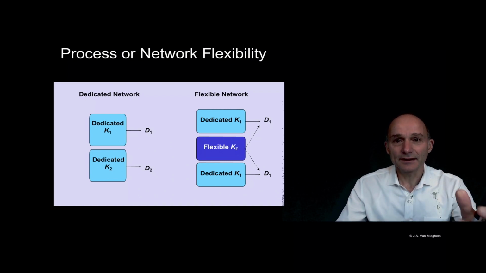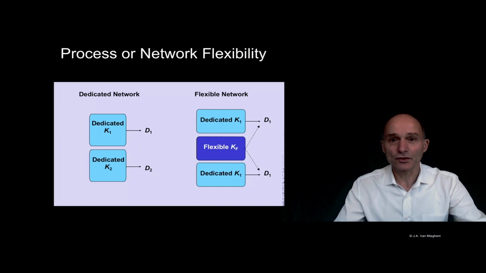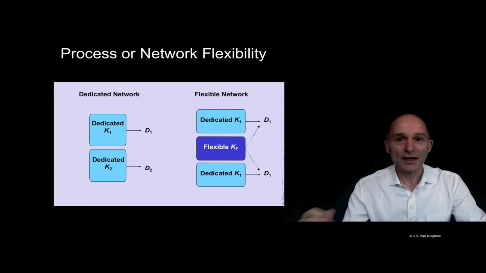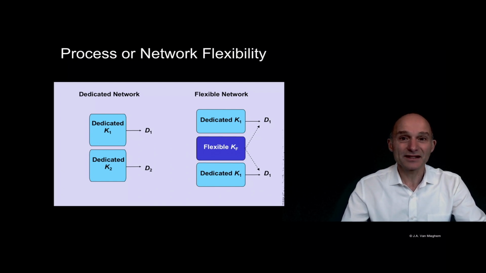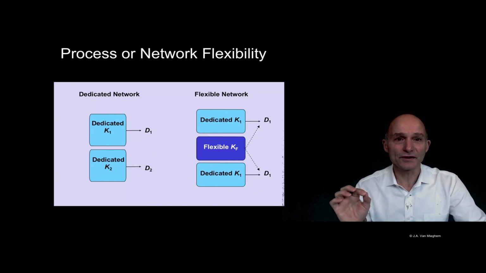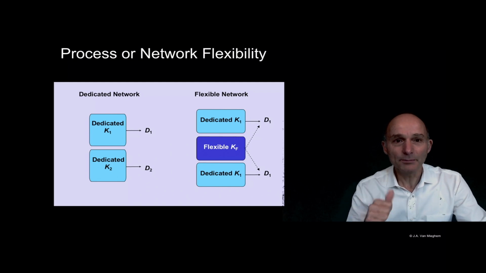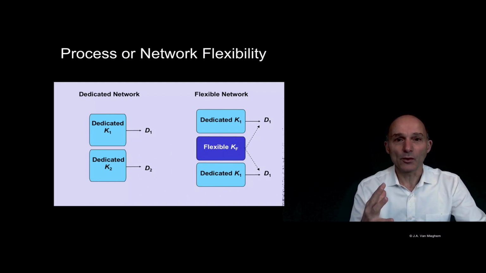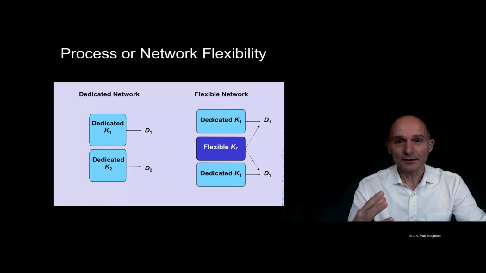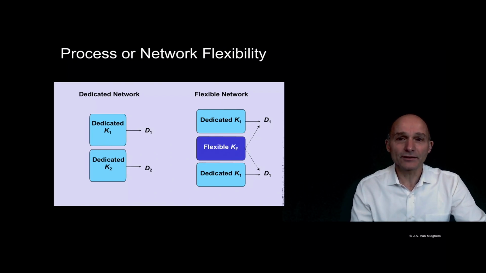A dedicated network organization would have customer service call centers with monolingual customer service representatives. If I also hire bilingual operators, I endow now my call center with flexibility. Of course, bilingual operators will command a higher wage and are more costly than the specialized resources. And there's two key points that typically come out. Number one, a little bit of flexibility goes a very long way. And by utilizing flexibility here, we can both increase the resilience of the organization as well as improve its profitability.